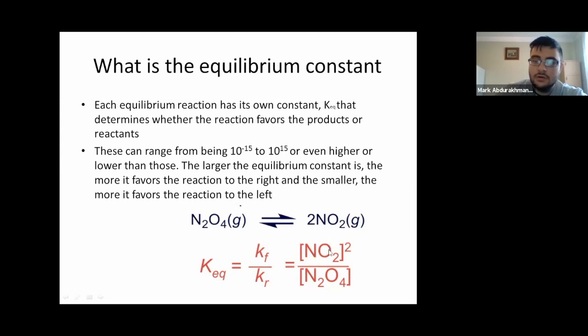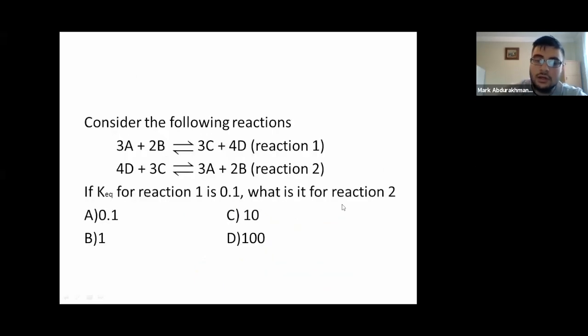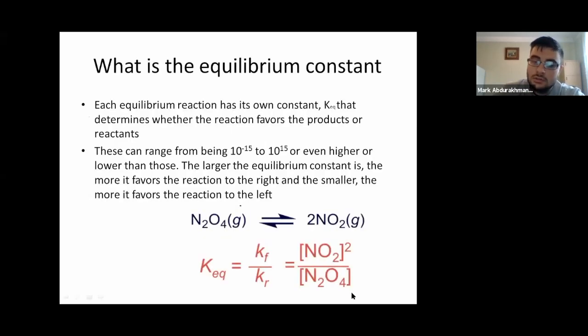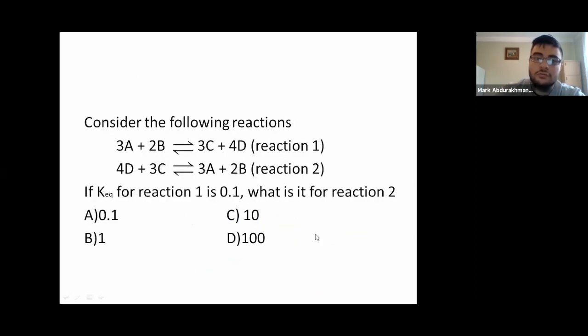That's why you got a value of 1 over 10, which is equal to 0.1. And that's how you got the KEQ of 0.1. Well, if you look at here, if you flipped it, and now the reactants are the products, and the products are now the reactants, if you just switched the order, now, since you know there was 10 times more of C and D than there was A and B in this one, there's 10 times more. So again, KEQ is